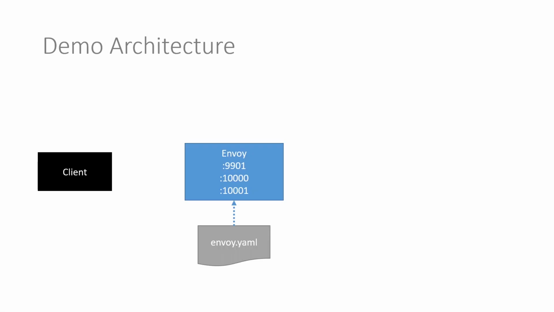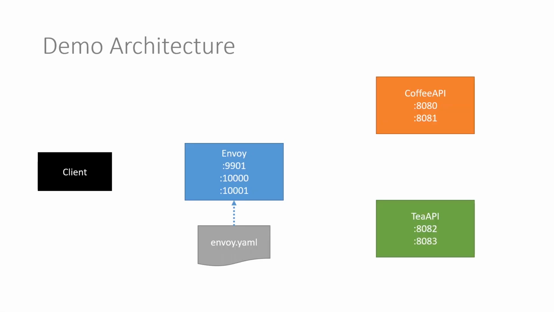So we'll end up with a client, which will just be a web browser. We have Envoy, we have our two APIs, we've got all that. But what we're going to add now is when a client makes a request to Envoy, we're going to route off to the correct API. Now we're going to do that based on a URL pattern. So the client still needs to know that it needs the coffee API, of course, in this instance, and it will form a URL as such. And then Envoy will intercept that URL, look at the pattern, and then go, this is the coffee API, or this one needs to go to the tea API, so on and so forth. So that's what we're going to do now, and we're going to work within the YAML file.